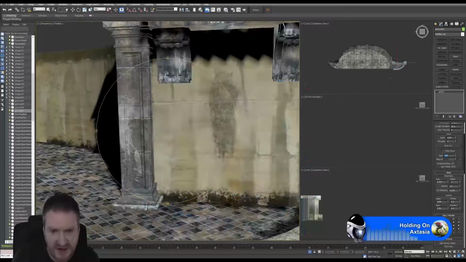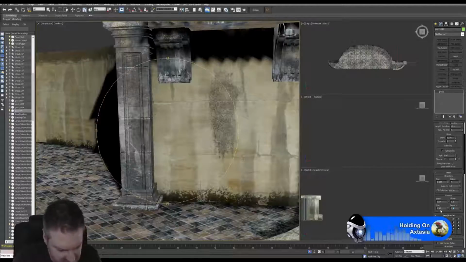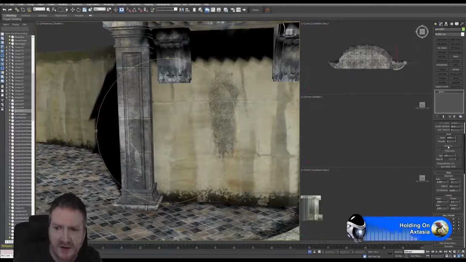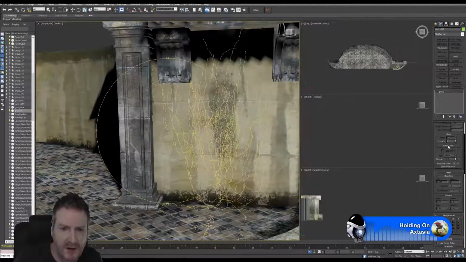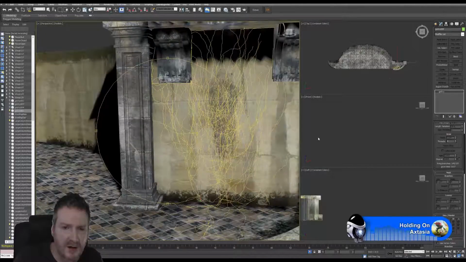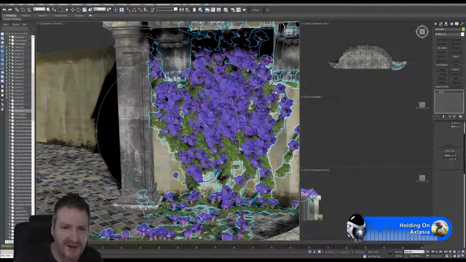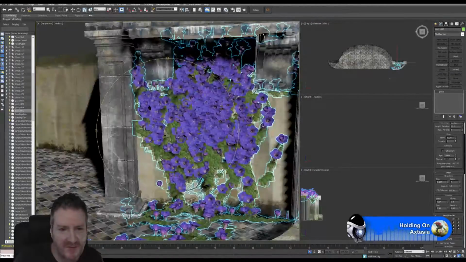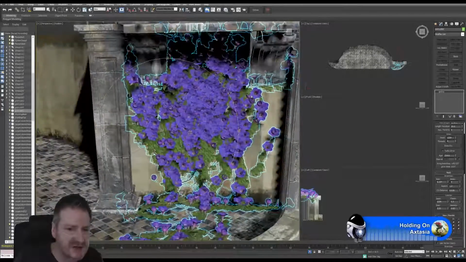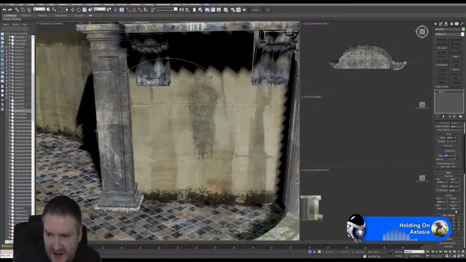Let's take it back to 0, and I might just up the density a little bit more, I think. We'll go to 6.5. Grow it again. And now we have way too many flowers, so we're going to have to pull that back. I wanted the density on the leaves, which it did, but it also did the flowers, but I think the density is just a little bit too high,